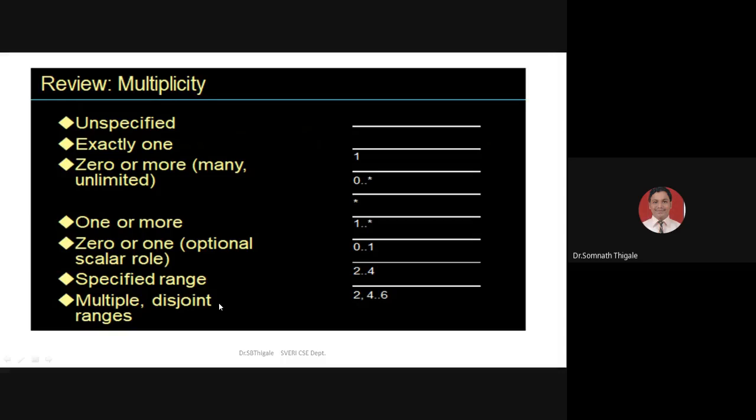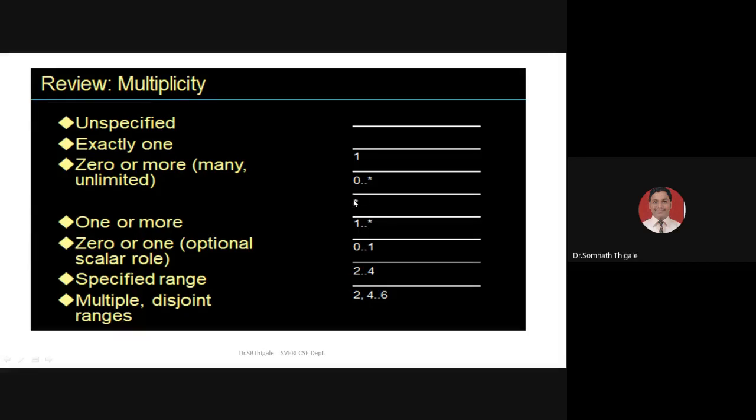See here, remember this. There's no arrow for bidirectional. This represents exactly one. This is 0 or more, because it is star with two dots, continuous two dots, not a single dot. This is one or more. This is directly many, unlimited.